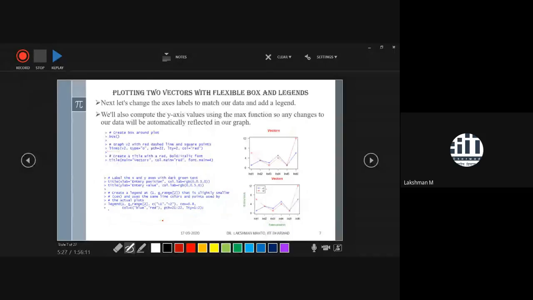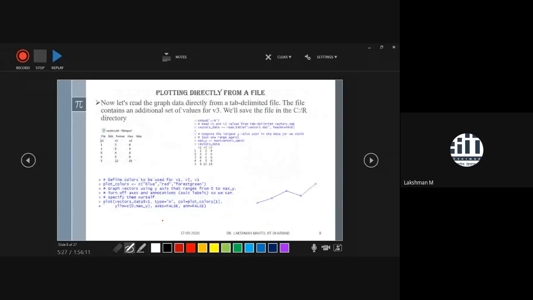So you can go for several kinds of detailing of your graph, whatever you want to plot. Now, further, this one is very important from a different segment. Whether you are going to use MATLAB or R or Python, whatever else, if you have a bulk of data, it is not feasible to put that directly in the editor command itself. So for that purpose, you will create a file.